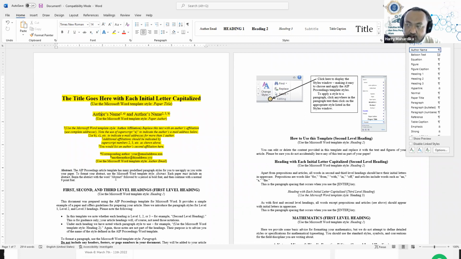Okay, so reviewing the content is basically the second phase. The first phase is that you need to follow the required guideline, or the guidance, or the template given by the publisher. Okay, so in this case, for the scientific communication class, in my class, you need to write the